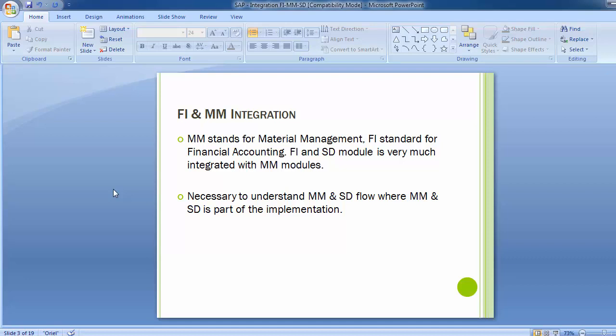And wherever the MM and SD module is a part of any of the project, it is very important to understand the MM and SD flow, how the process flow moves on, so as to have a better understanding of the FI integration with these two modules.